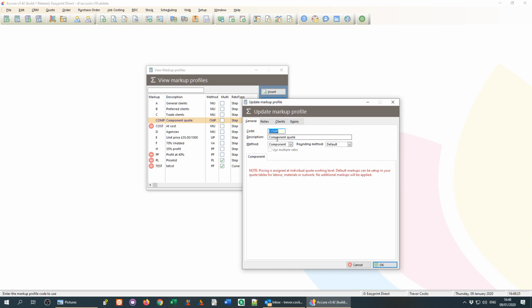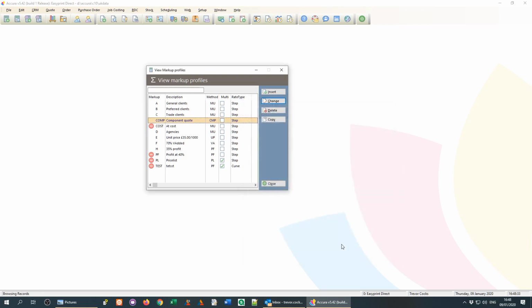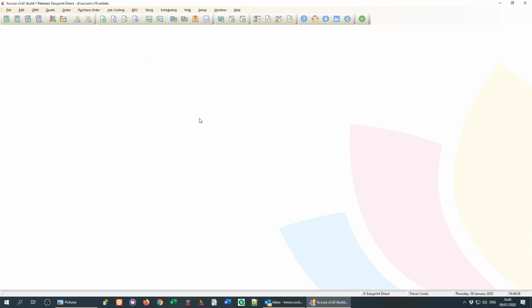All you do is create a markup profile, select the method of component, and that's all you need to do. You don't need to enter any markups because they are going to be done at quote stage. So if I bring up a quote,